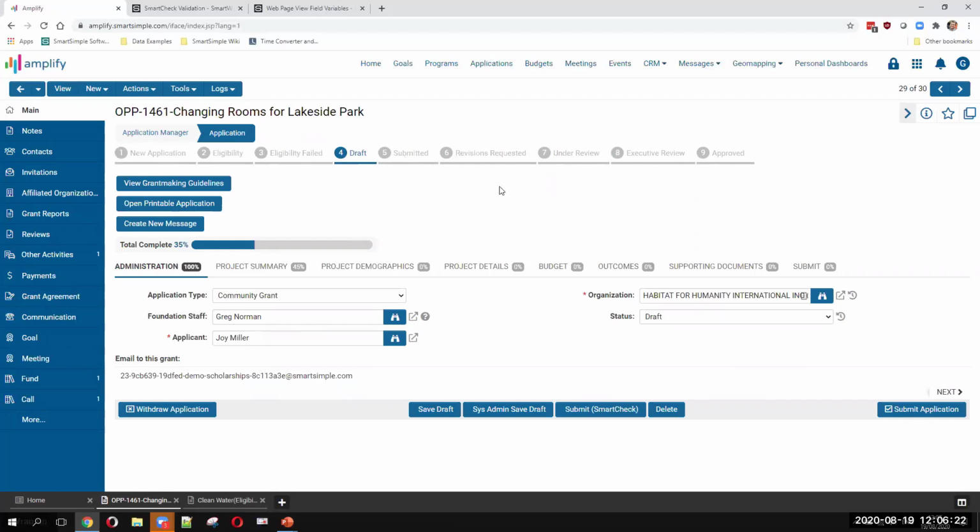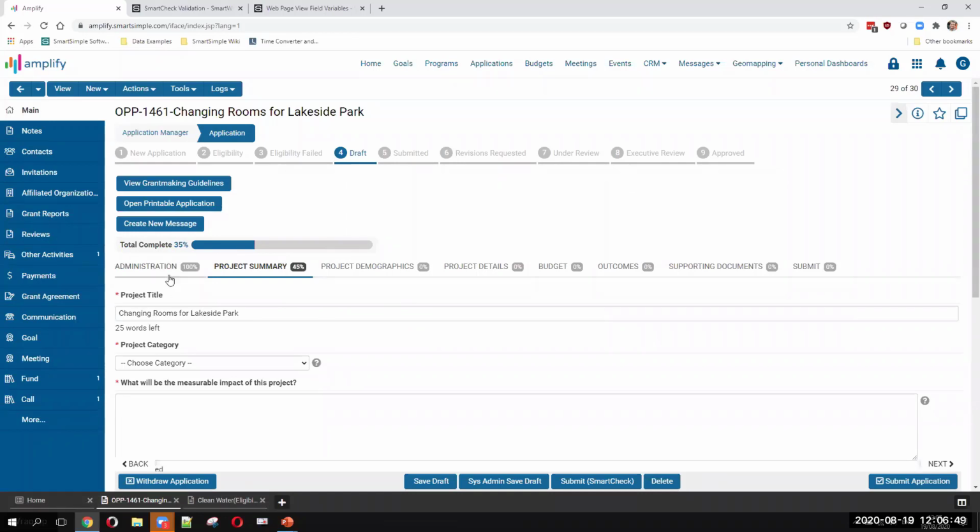So maybe it's draft, submitted, then if they've been asked for revisions, we can see the application progress through that entire process. One of the newer features that I mentioned previously during the slides is the status completion, or the progress indicator. So this shows the user how much of each section has been completed by them. Within each of these sections, we calculate the total number of fields that are included and where in the process they are. So as we complete more fields,